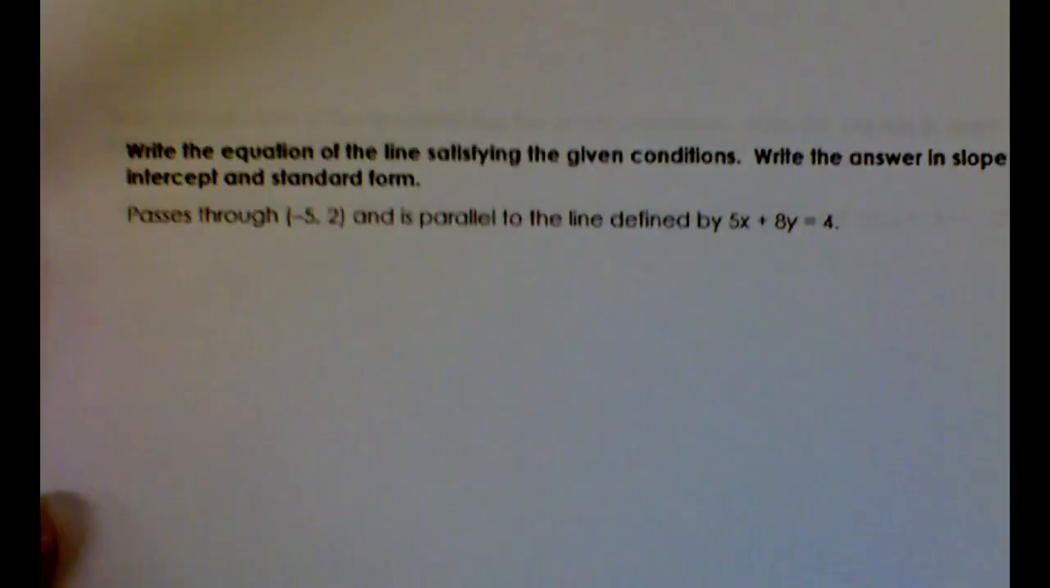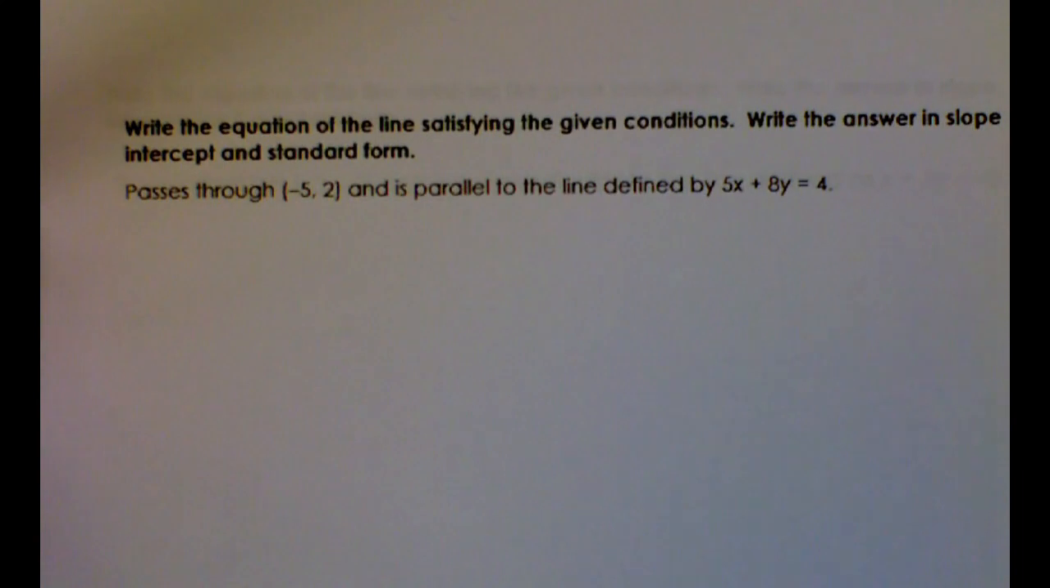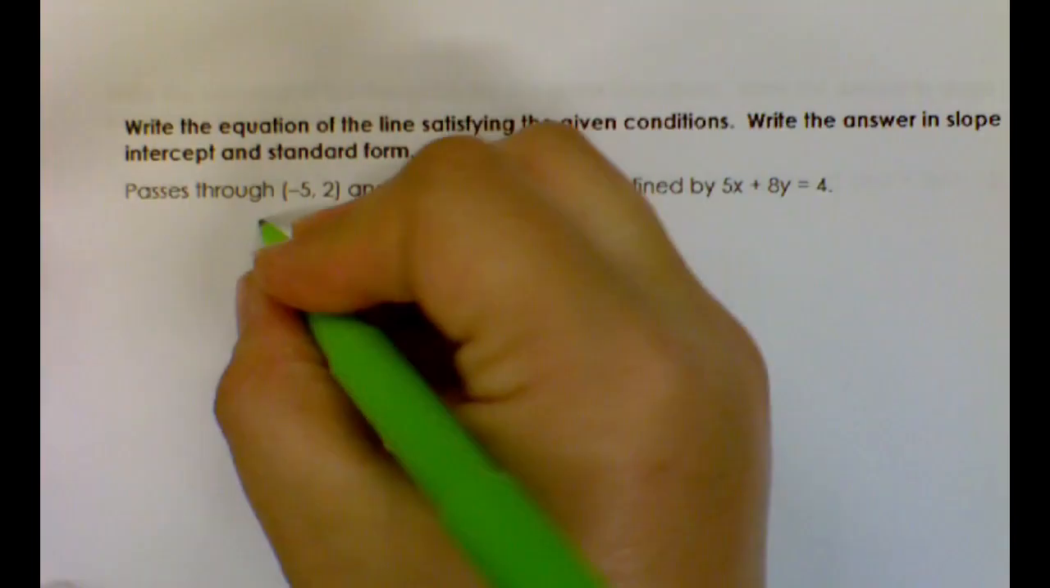All right, now we're going to write the equation of the line that fits these conditions, and we'll write it in slope-intercept and also standard form. It has to pass through the point negative 5, 2, and it should be parallel to the line 5x plus 8y equals 4. The easiest way to go about this is to get 5x plus 8y equals 4 into slope-intercept form first. So to do that,